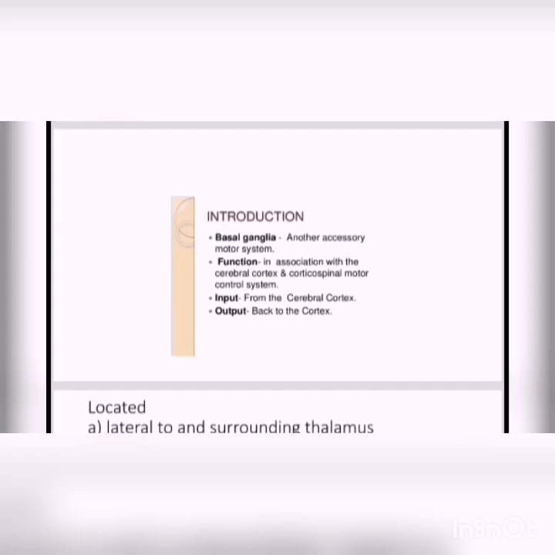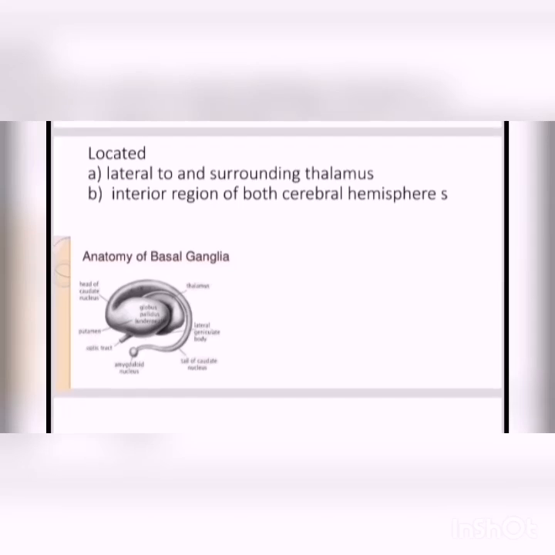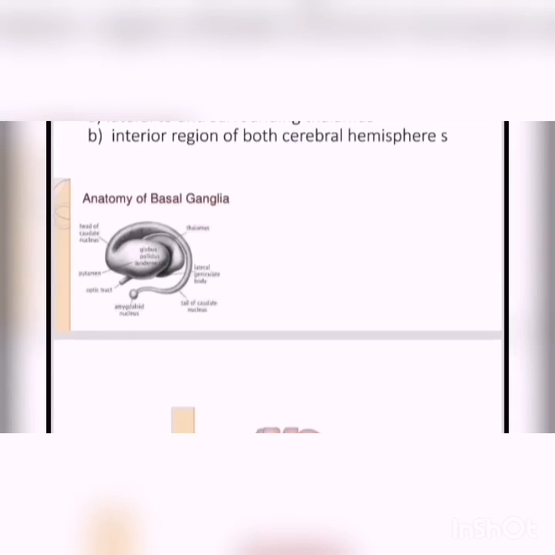All the motor and sensory fibers, almost 90% of the fibers, pass through the basal ganglia to the cerebral cortex and vice versa. Now in this slide we see the exact location of the nuclei. You can see the putamen nucleus. In fact they are not anatomically connected with each other, but we can say they are physiologically connected with each other. You can see the putamen nucleus on both sides, and then the thalamus, and they actually surround the thalamus, and there are the caudate nucleus, substantia nigra, subthalamic nucleus, and globus pallidus inside the